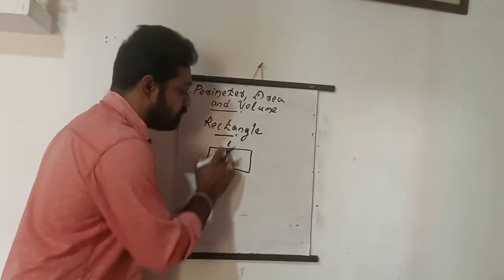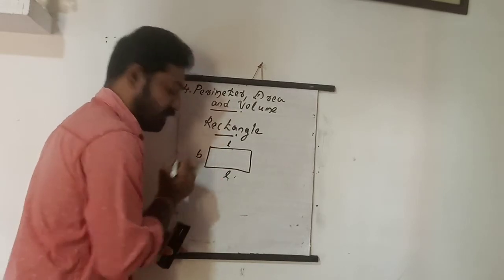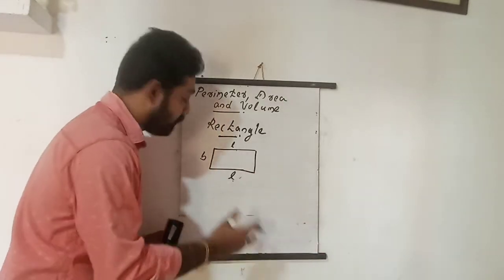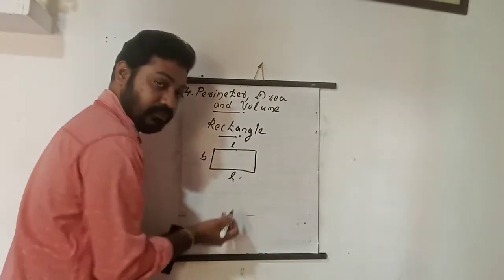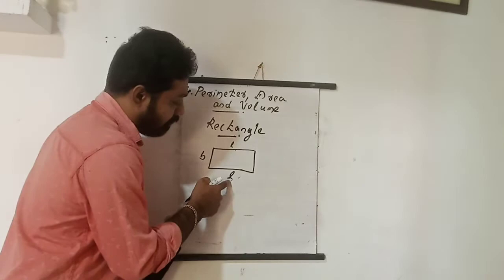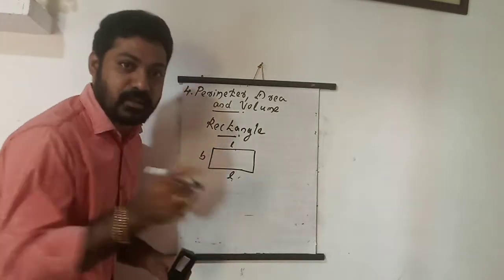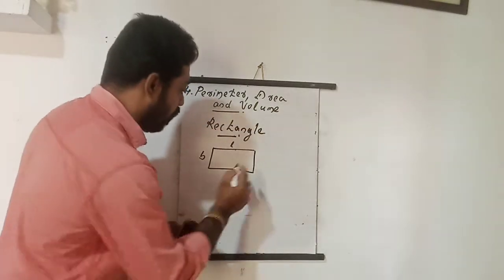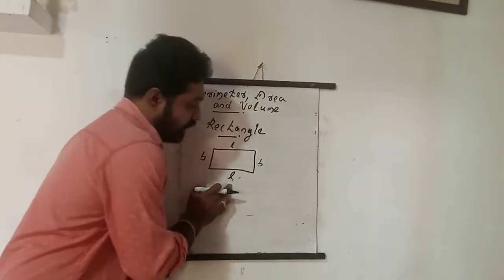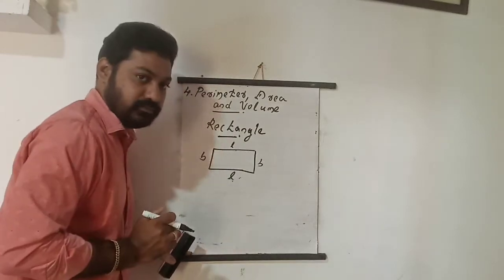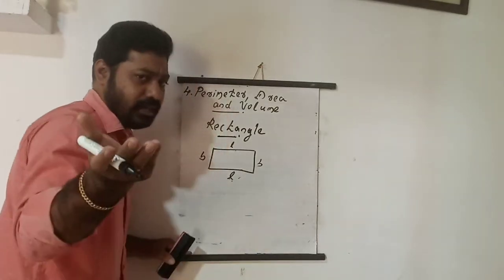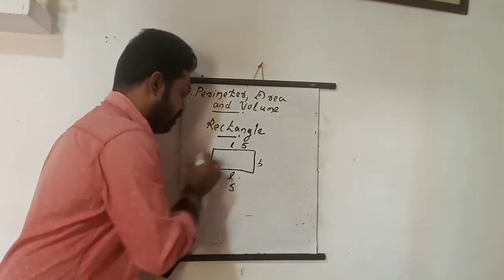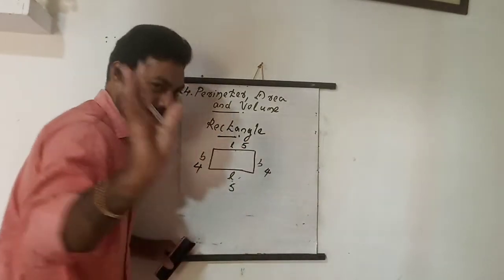So this is length means this is also length. This is breadth, B. Its opposite is also breadth. This is L means this is also length. This is breadth. Suppose this is 3 centimeter, then this is also 3 centimeter. Understand? So I represent them as L and B. Instead of L, I can write any measurement. If it is 5 then this is also 5. If it is 4 then this is also 4. Okay, that is the thing.